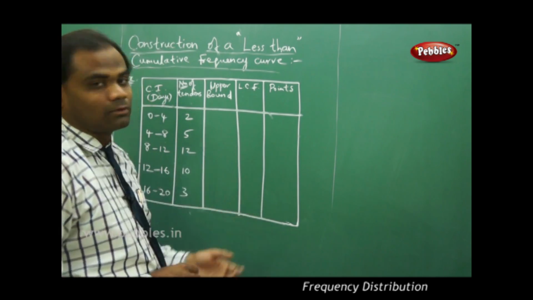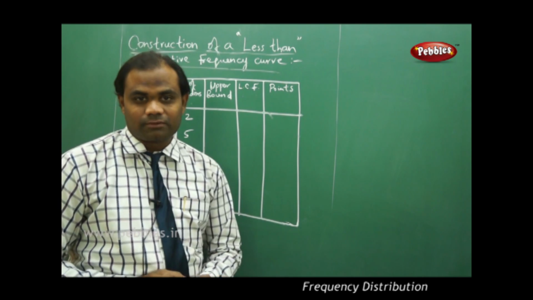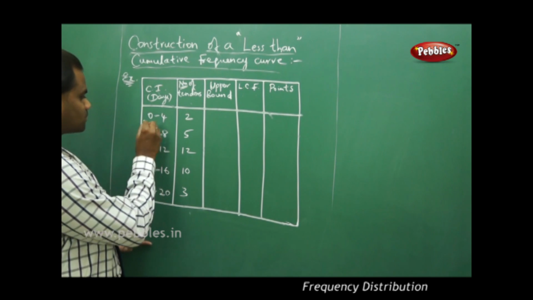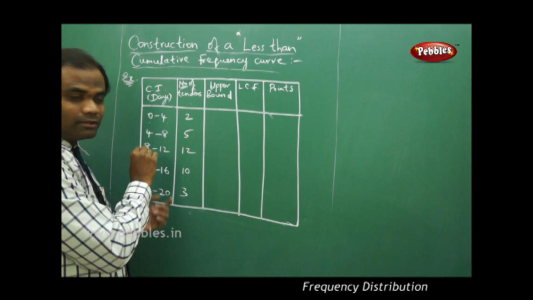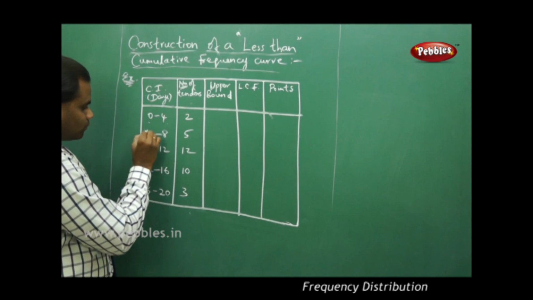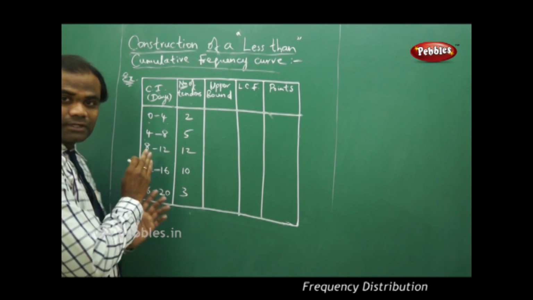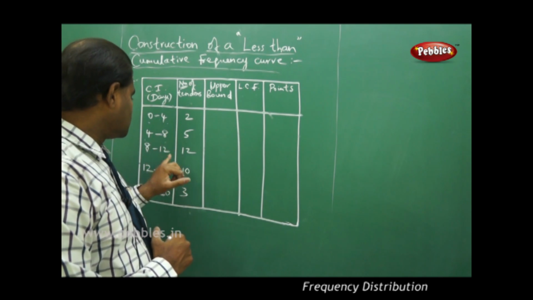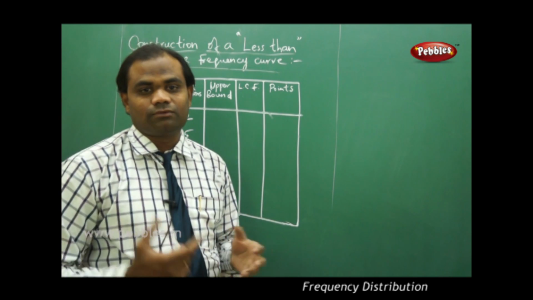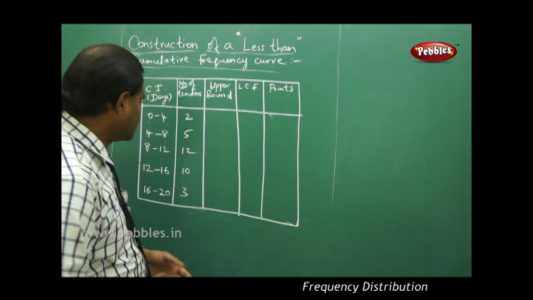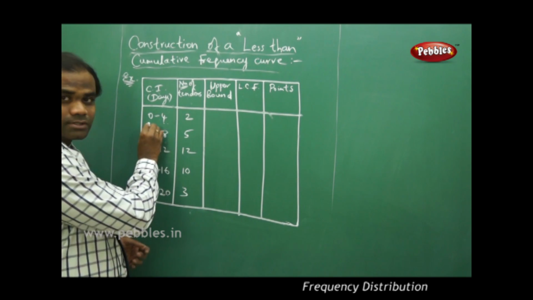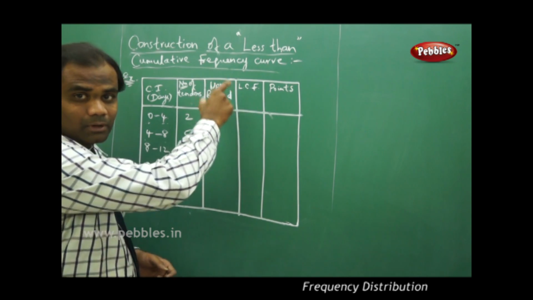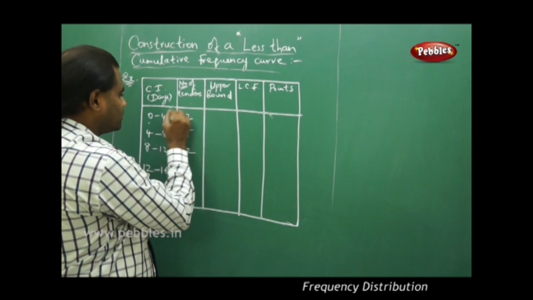So coming to the upper bound, let's see what an upper bound is in case of this class interval. As we all know, for the class intervals ranging from 0 to 4, all the initial values, 0, 4, 8, 12, 16 on the left, are the lower bounds respectively for each class interval, and 4, 8, 12, 16, 20 are the upper bounds for each class interval. So when I take the class interval 0 to 4, 0 is the lower bound and 4 is the upper bound. Therefore, because I demand the upper bound in this column, I take the upper bound here,